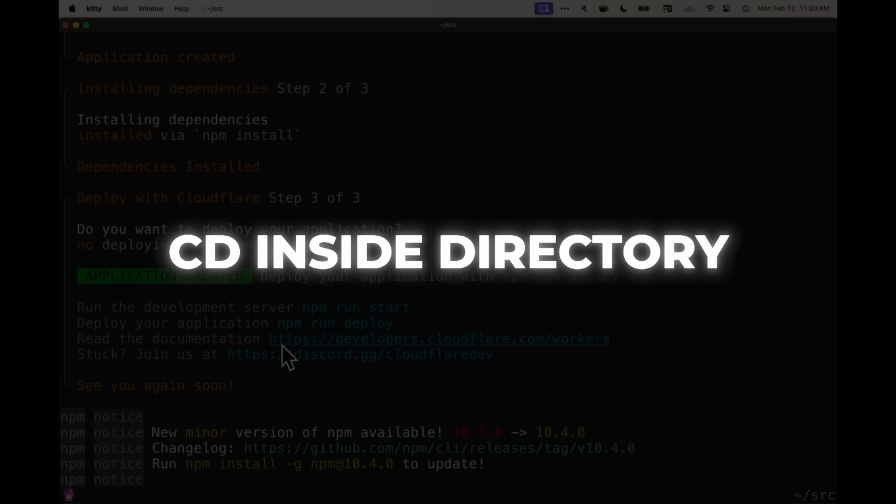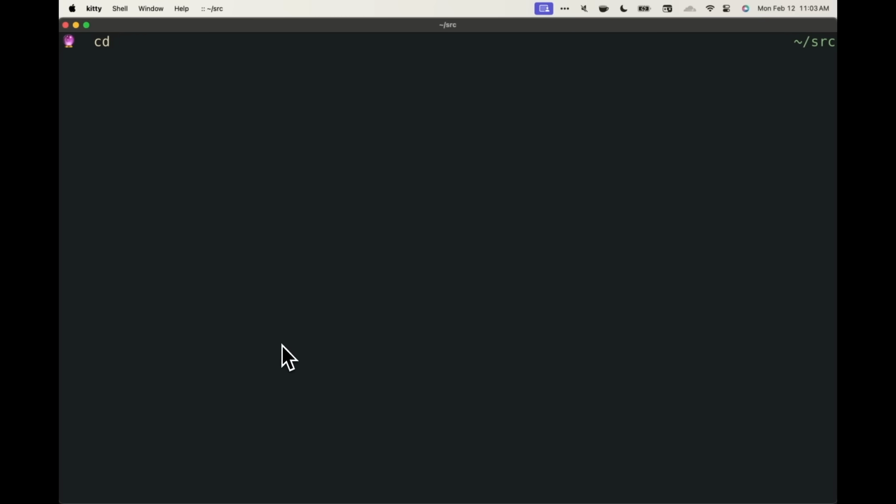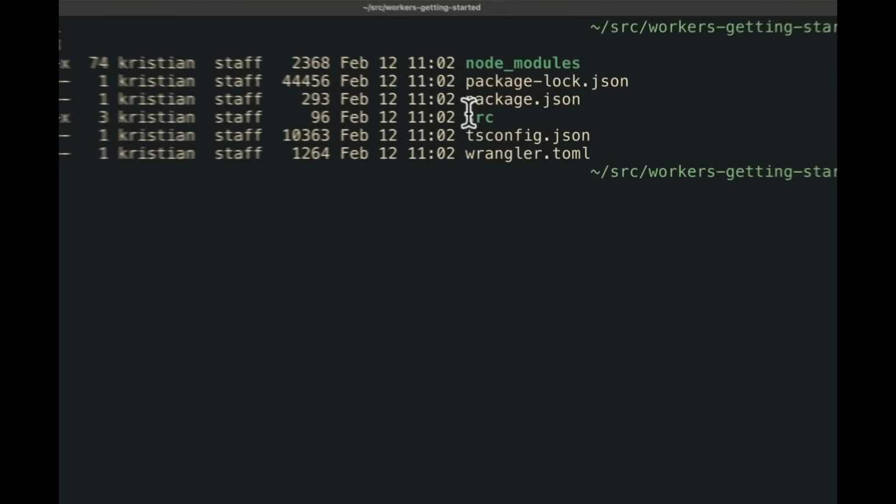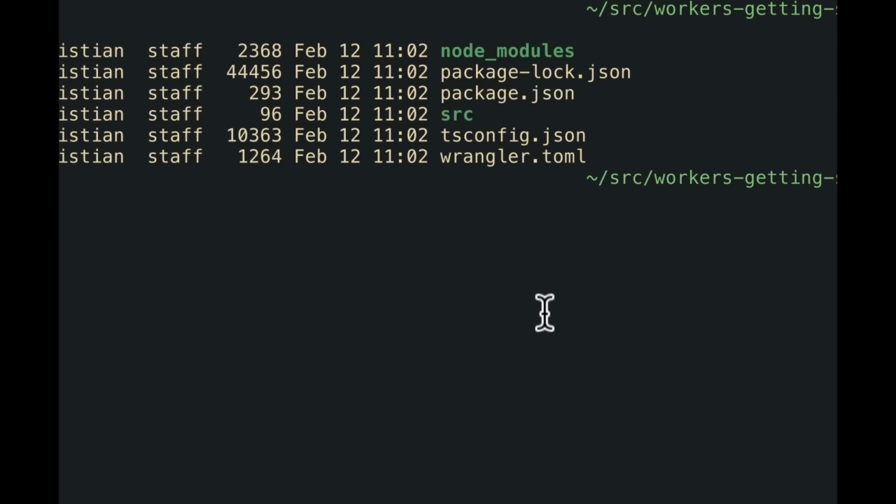Okay, so last thing is we will cd inside of that directory. So workers-getting-started, and we can take a look at what's inside of this application. So we have a node_modules folder. That's obviously our dependencies for our project, package-lock.json and package.json, which is our configuration for our JavaScript project. tsconfig.json, since we're using TypeScript, we have a TypeScript configuration file here. And then finally, the source directory, which is obviously our actual application code, as well as wrangler.toml, which is